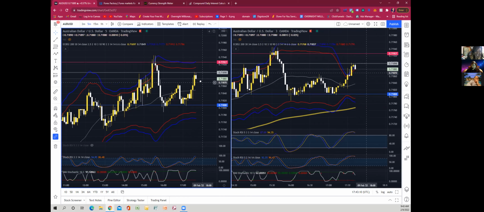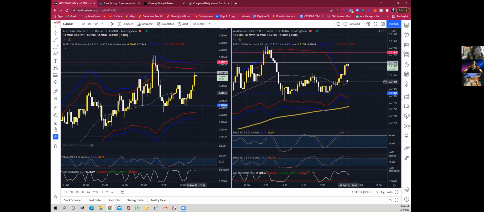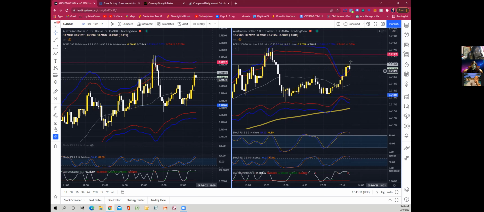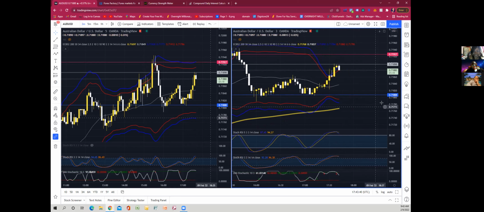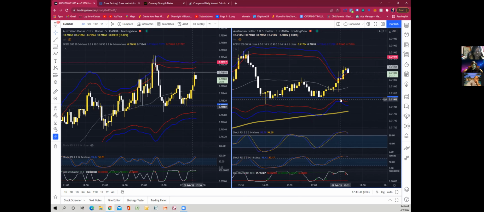Isn't it beautiful? Look at that. Because I went back in the past and I saw how this rejected this zone. I saw that right here, look at this. The candle touched this zone and rejected it. It came up a little bit, it still dropped. Look at that beauty. So, as we can see, like I said, it's going to drop because I put that line right there because I've seen that. And look at that, dropping like it's hot. Now all you need to be right is 2 to 3 candlesticks. That's all you want to be right.